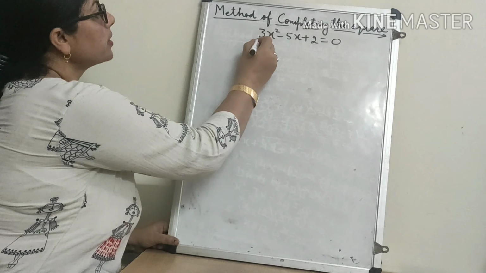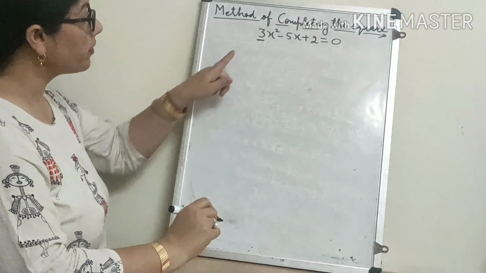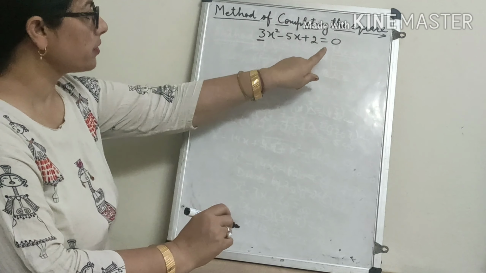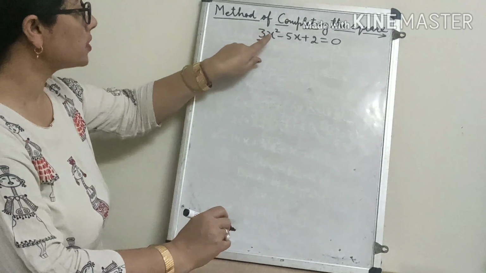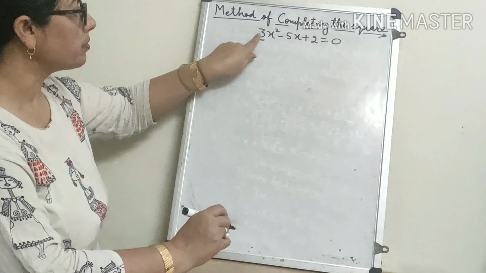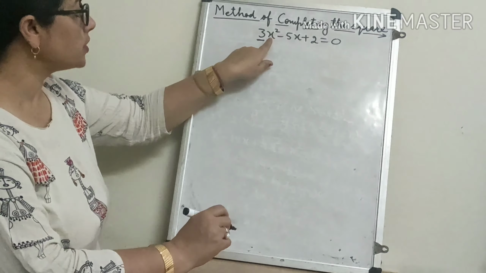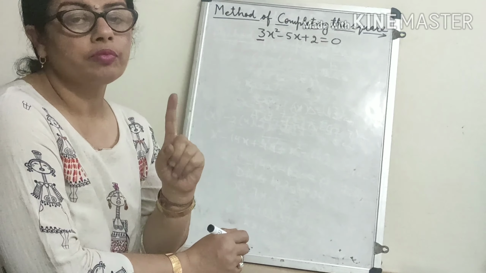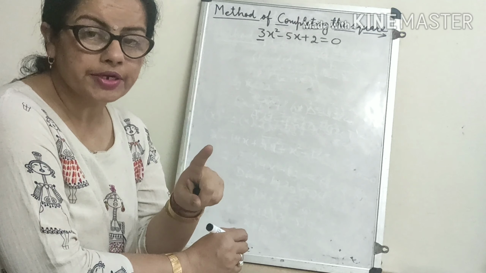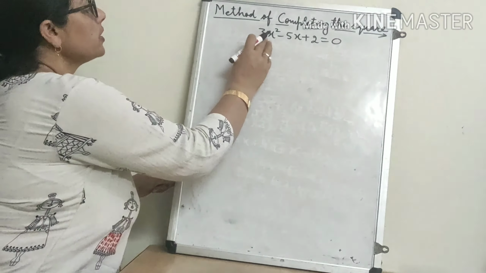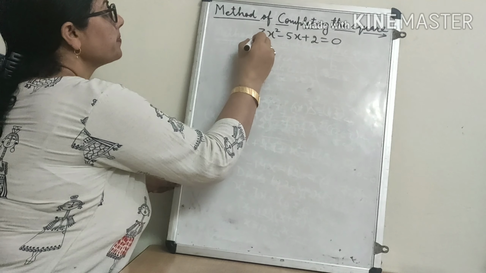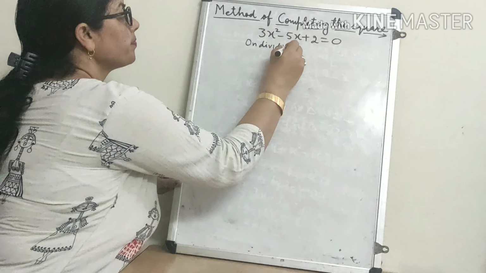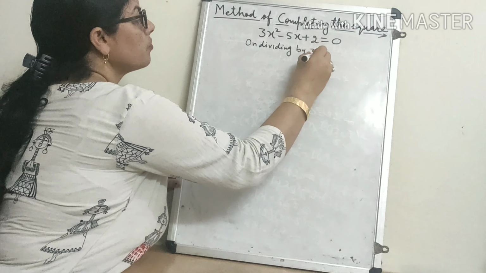Here the coefficient of the highest degree term is 3 and we will make it 1. So for this we will divide this equation by 3. If suppose the coefficient of the highest degree term is 5, then we will divide by 5. If the coefficient of the highest degree term is 6, then we will divide by 6. Means our first work is to make the coefficient of the highest degree term 1. So first step, we will write here: divide by 3. On dividing by 3 we get